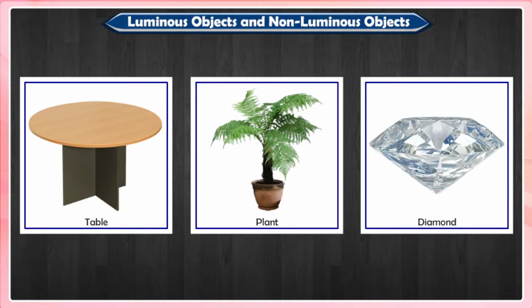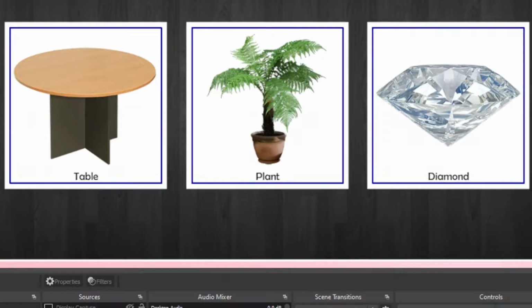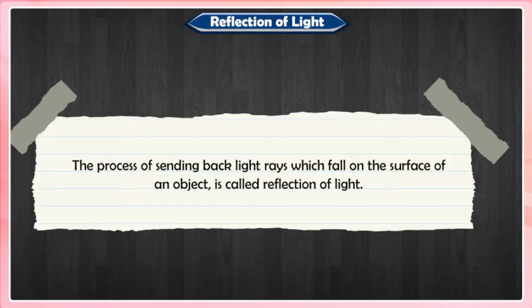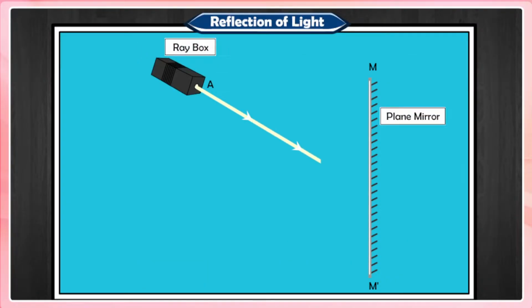Reflection of light. The process of sending back light rays which fall on the surface of an object is called reflection of light. The ray of light which falls on the mirror surface is called the incident ray. The ray of light AO coming from the ray box falls on the mirror surface, therefore AO is the incident ray. The point at which the incident ray strikes the mirror is called the point of incidence. The incident ray AO strikes the mirror at point O, therefore O is the point of